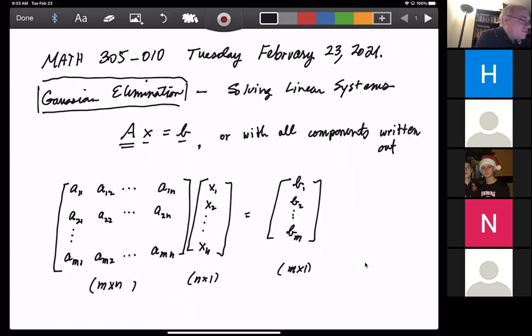Right, so the problem we're looking at is this, right? We have AX is equal to B. Remember, A with the double underline, that's a matrix. X is a column vector of unknowns. B is a column vector on the right-hand side. We call that the inhomogeneous term or the forcing or just the right-hand side. And the way we think about this equation is that we're trying to solve for the vector X. We want to get our hands on that vector, or another way of thinking about this is getting our hands on the components of that vector. So remember, if we write this out, the matrix A is a rectangular array of coefficients. If that matrix is M rows and